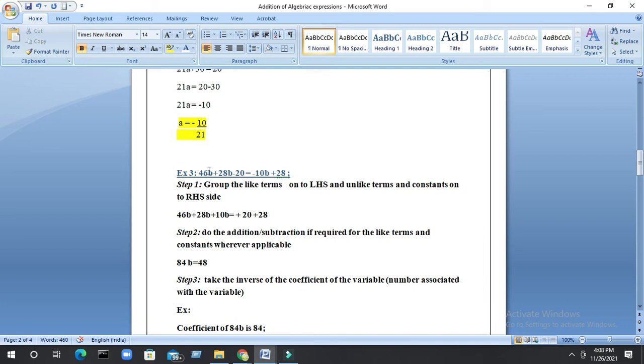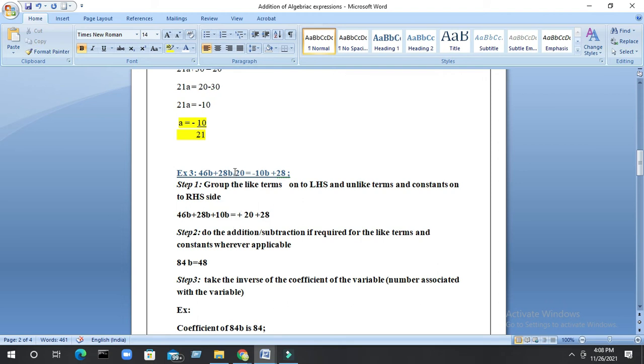So here if we observe, on LHS we had 46b. In our main equation, yes, it is plus 46b. Then we had plus 28b. Yes, it is still plus 28b. Then look, minus 10b was on RHS. Move it down to LHS, it will be plus 10b, which is equal to,